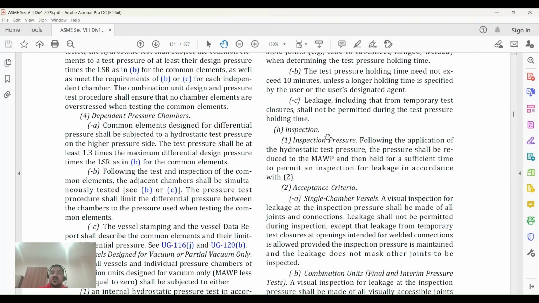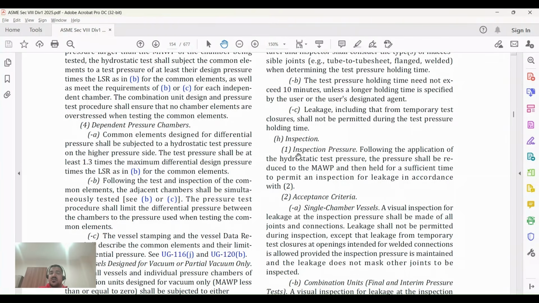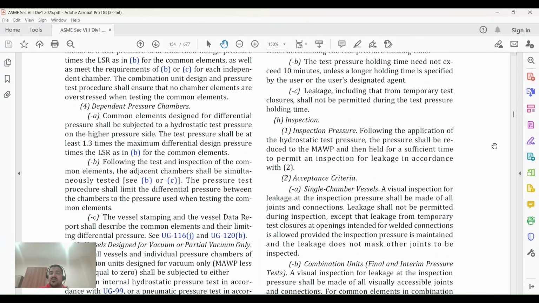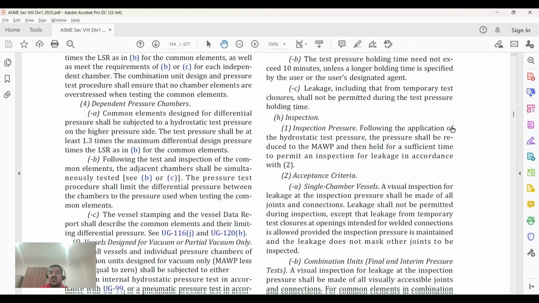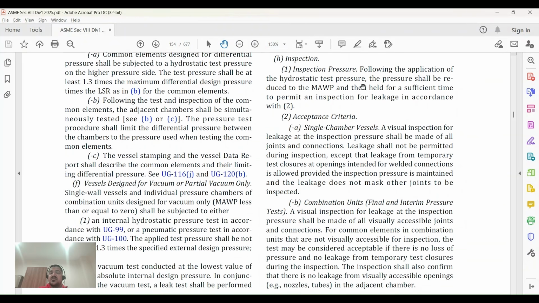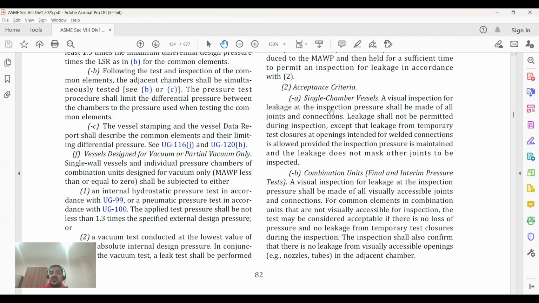Now, inspection clause. Inspection pressure. Following the application of the hydrostatic test pressure, the test pressure shall be reduced to MAWP and then held for sufficient time to permit the inspection for leakage in accordance with clause 2, which has the acceptance criteria. There are two: single chamber vessel,